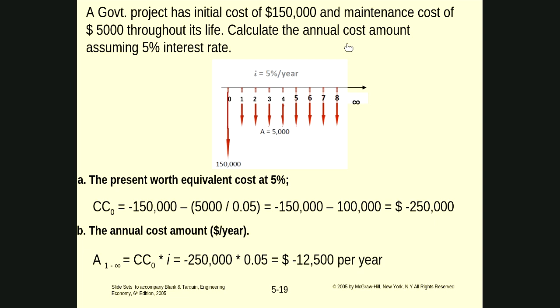Calculate the annual cost amount assuming 5% interest rate. 5% interest rate. And it asks you to find the annual. Okay, pay attention, it didn't ask you to find the present. Actually, this example is falling under chapter 6, but the author shows it here in chapter 5 because it is going to tell you that both work together. Chapters 5 and 6 are two faces of the same coin, we can say that. The first part of this question says the present worth, we have to find it,